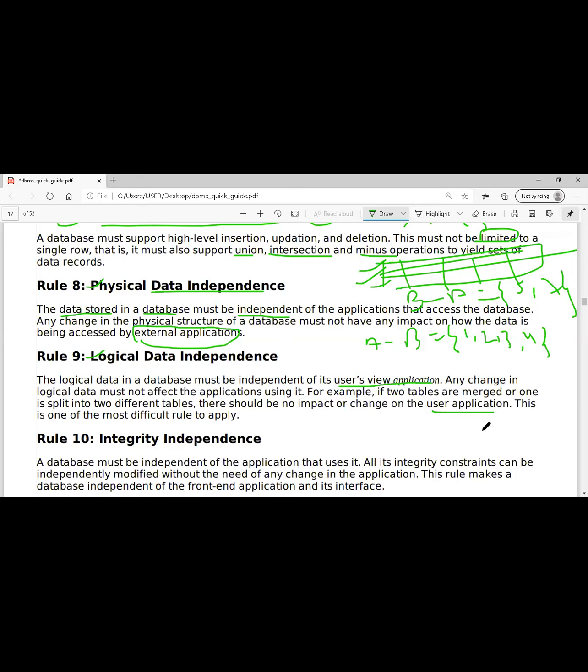Now I have an application where it asks my name. I'll be entering it in the form, whether online or manual. I have the name, so I enter the name. I have a phone number, so I enter the phone number. I have an address, so I enter the address.